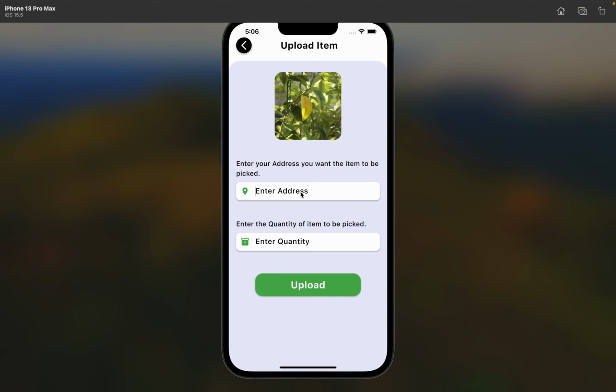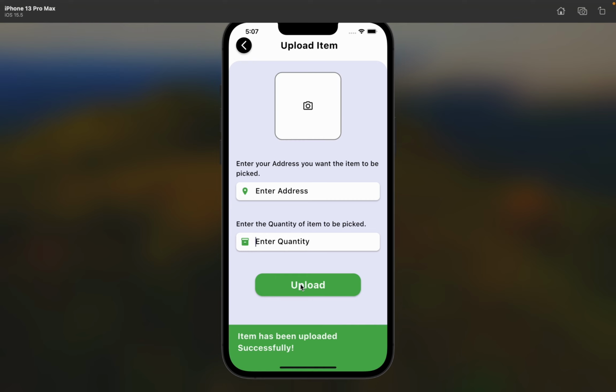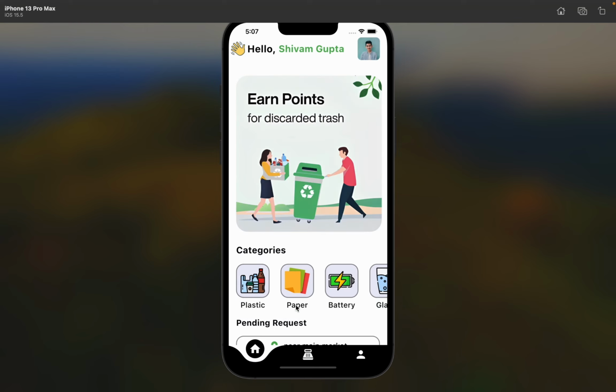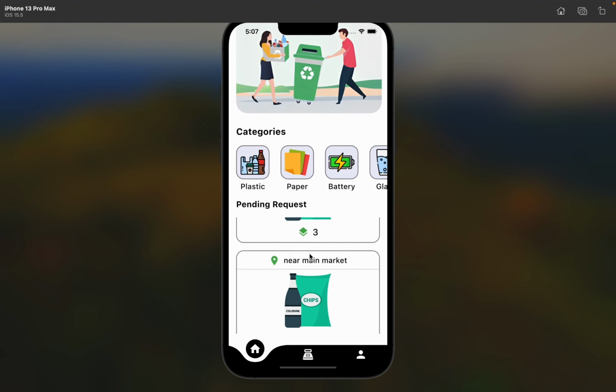So I'll just write the address something like this. I'll write near main market, and we'll enter the quantity up to 3 and click the upload button, and you can see that it takes just a few seconds to upload the item. Now let's move back to the home page, and here you can see that this is the pending request,